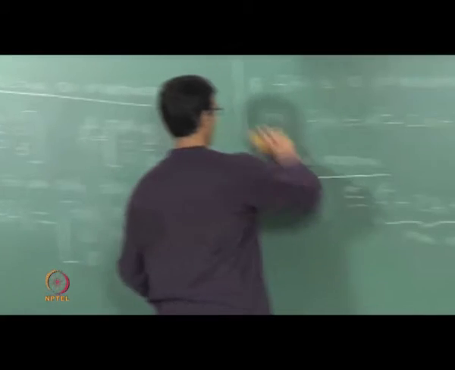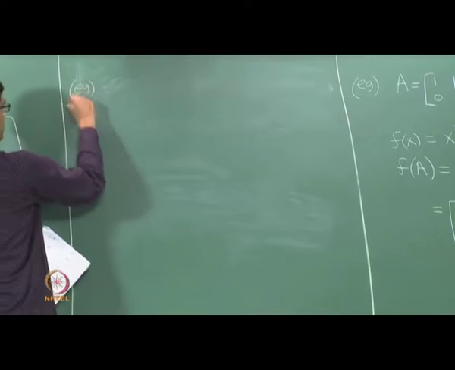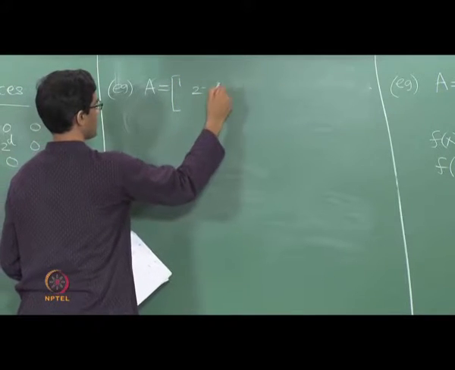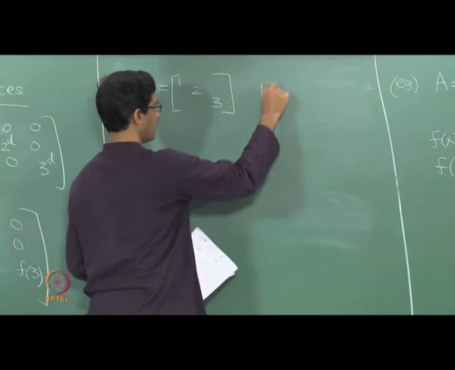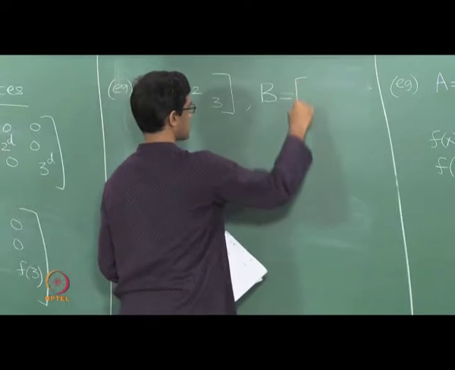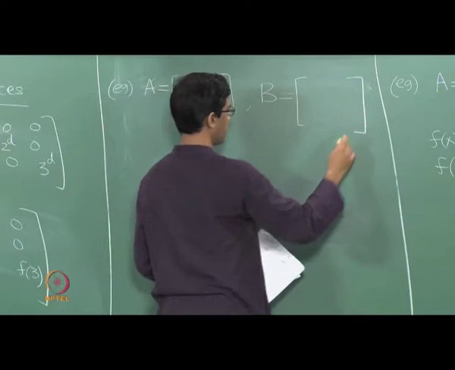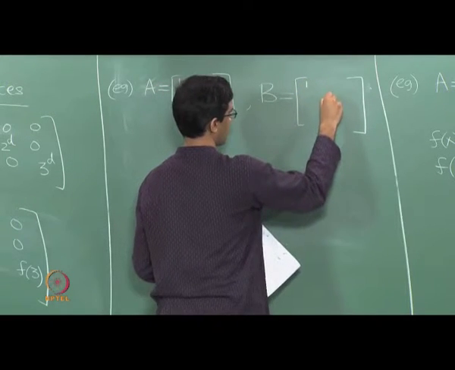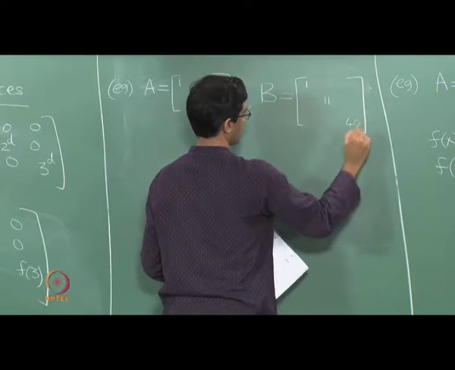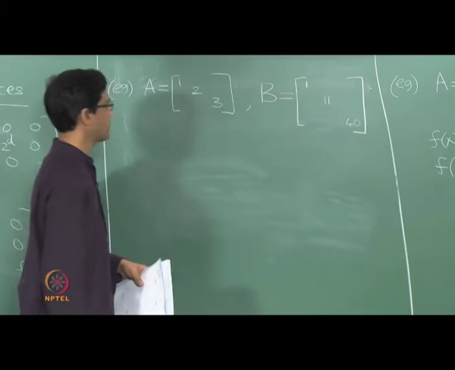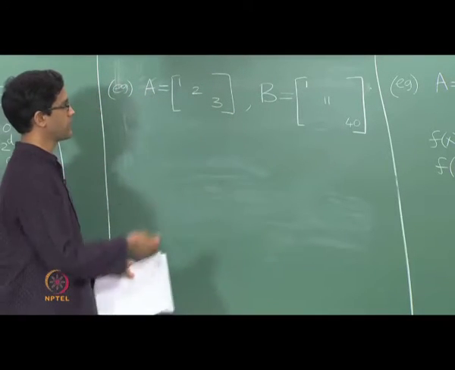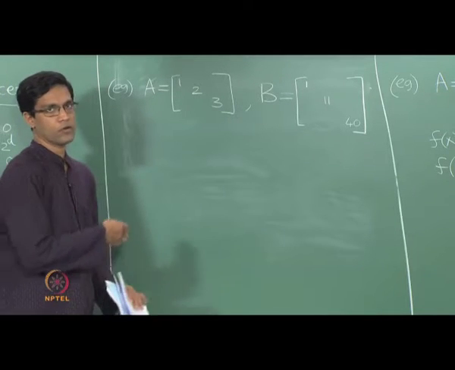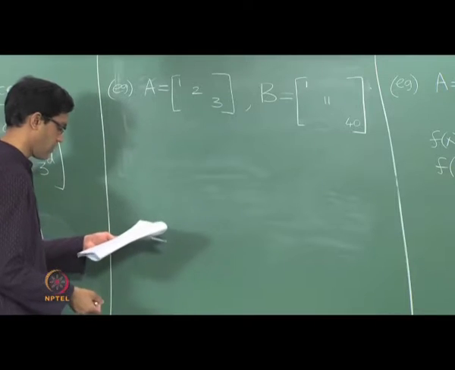Suppose you have, here's the example again, this very same matrix A with 1, 2, 3 and B, another matrix, which can be pretty much any diagonal matrix. Okay, so let me just take some random numbers. It doesn't matter what numbers I pick here, I just picked 3 random numbers 1, 11 and 40, but I could pick any other matrix B, or any 3 other numbers that I can think of.